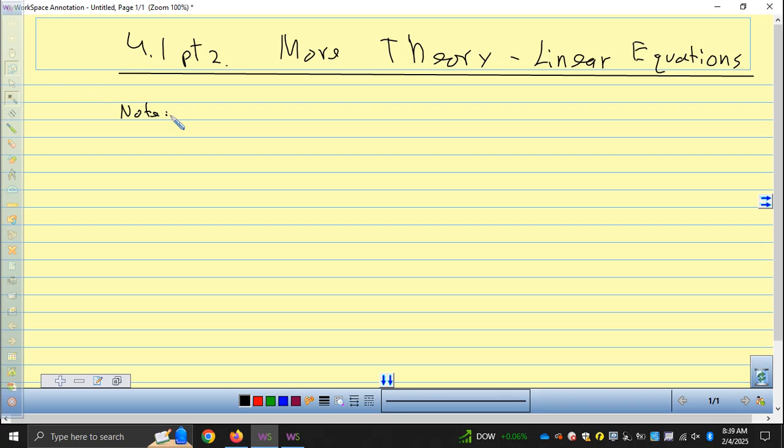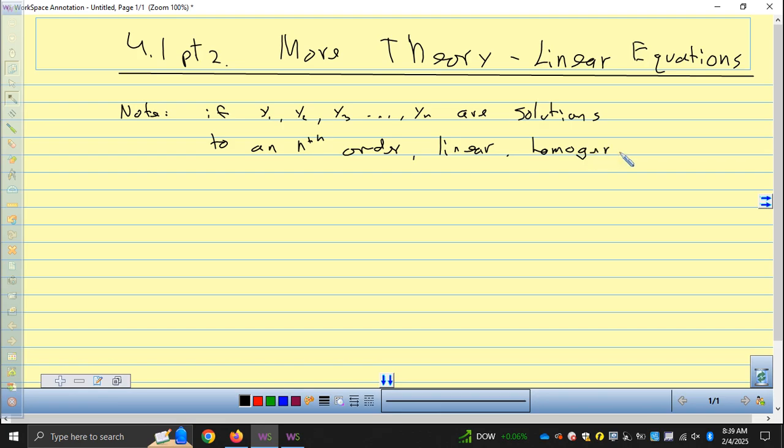From our Wronskian criteria for linearly independent solutions to a homogeneous linear differential equation, if we have these solutions y1, y2, y3 to y sub n, our solutions to an nth order linear homogeneous differential equation, then the Wronskian of these functions y1, y2, y sub n